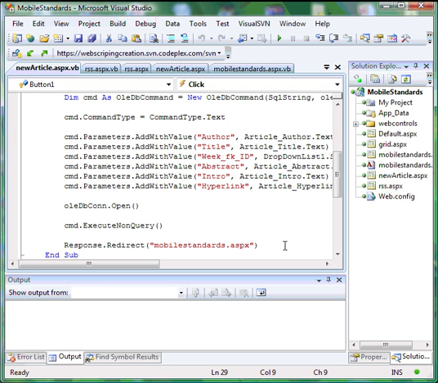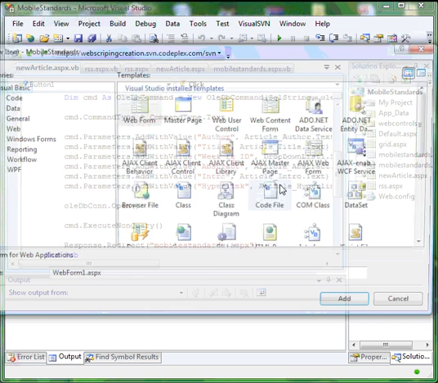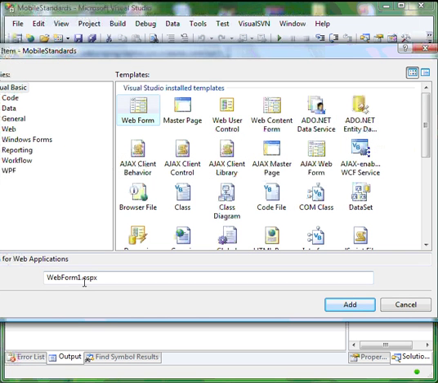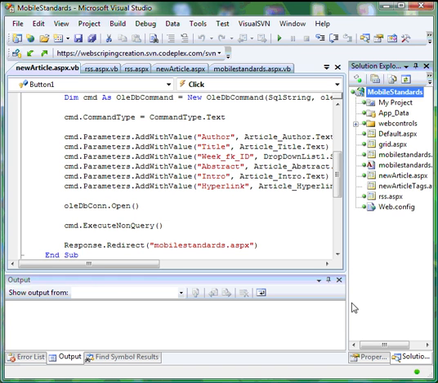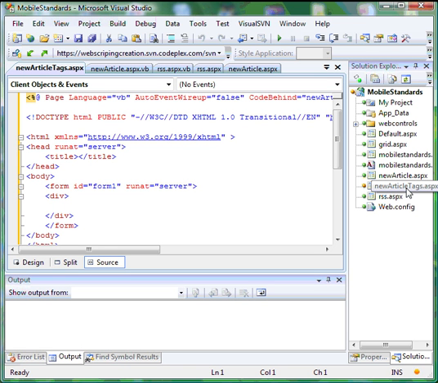So let's start first of all. Let's create a new page. It's going to be a web form as usual. So I say add item, web form, and I'm going to call it new article tags.aspx. By doing that, this should create our new page. There it is, new article tags, and it should appear on the stage. So if we click into design view,